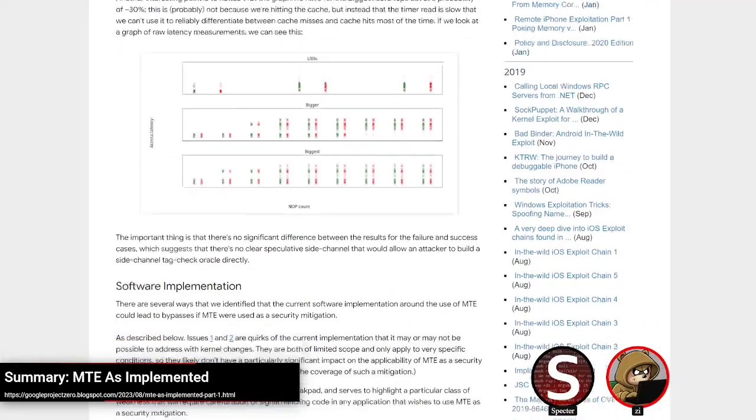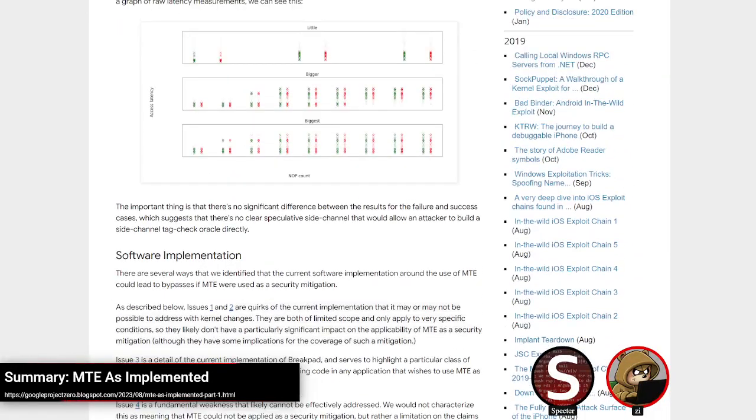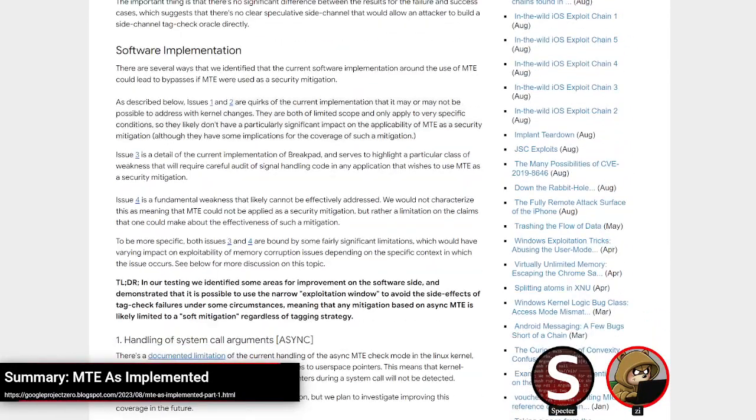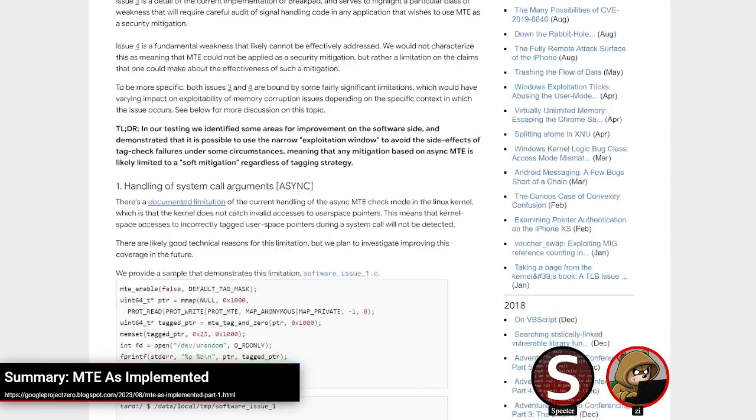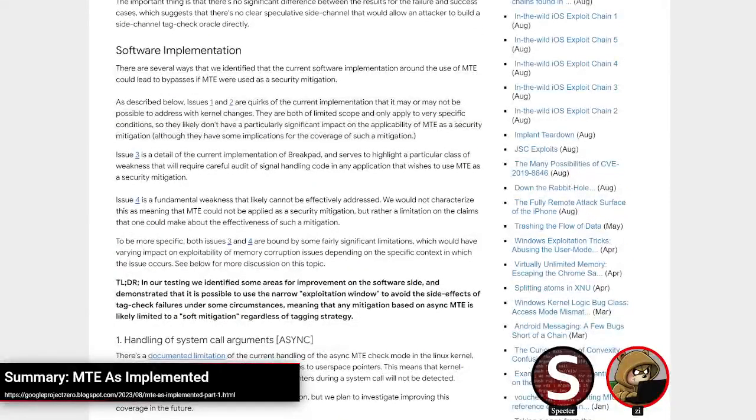But they do kind of talk a little bit about this hardware stuff, which you can dive into if that's of interest to you. And then they get into what I thought was the more interesting area, which is the software aspect of this. Mostly dealing with specific implementations of the userland MTE. So there could be variations there. This isn't going to be everything that uses MTE does it exactly the same way.